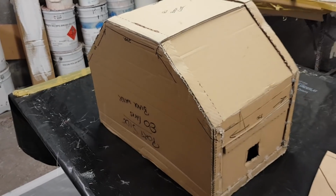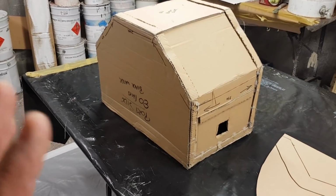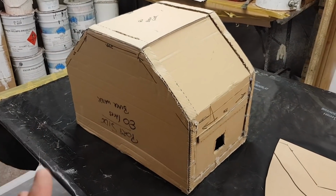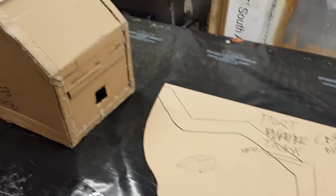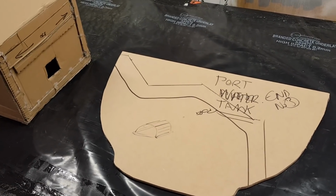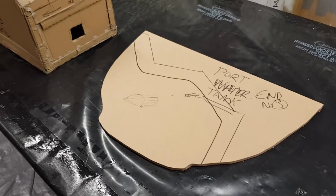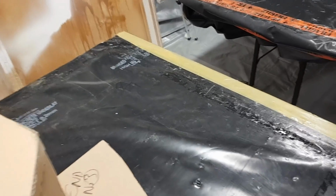The Blackwater tank template that I made, once I went and got a quote, including senders and pickup straws and the like, was going to be around about 1,000 Australian dollars per tank. I made the decision that I was going to use the templates of the hull profile to make a separate tank. Now this is pretty important because you'll notice the size of this particular tank here once I lay it over the template,